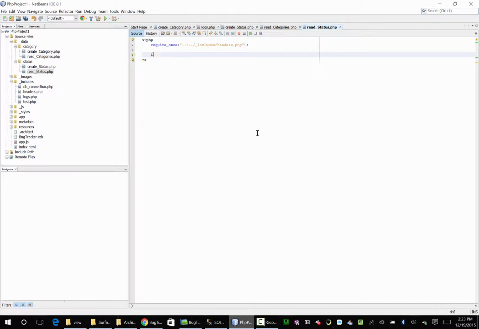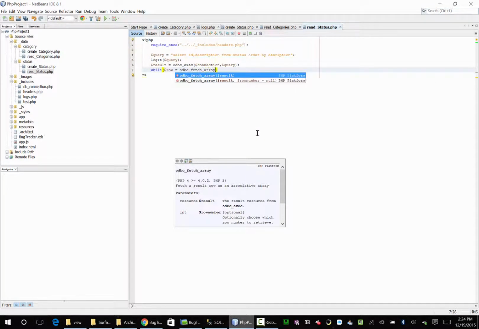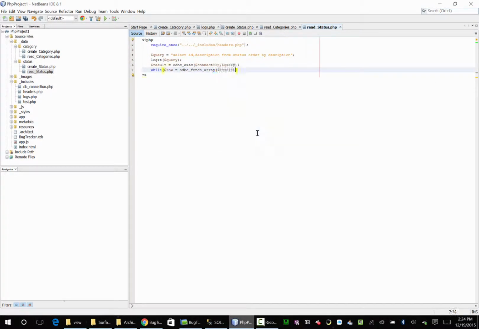And simply put, select id, description from status, order by description, log it, and result equals odbc exec. Put in your connection, put in your query, and then while row equals odbc fetch array, get it from result,